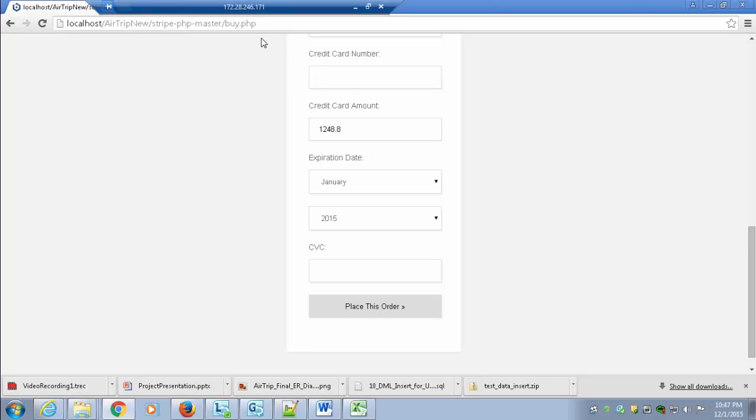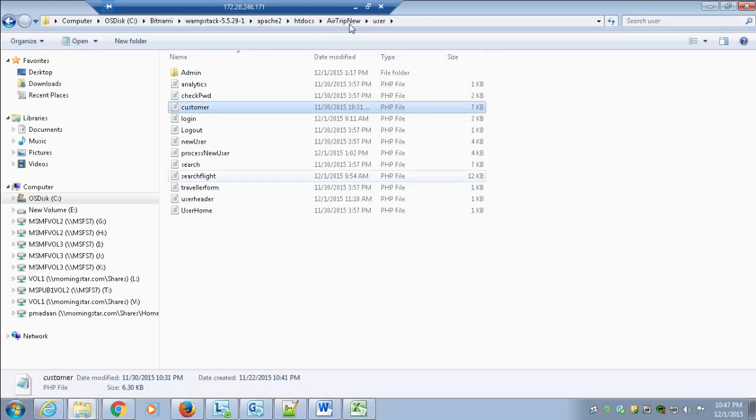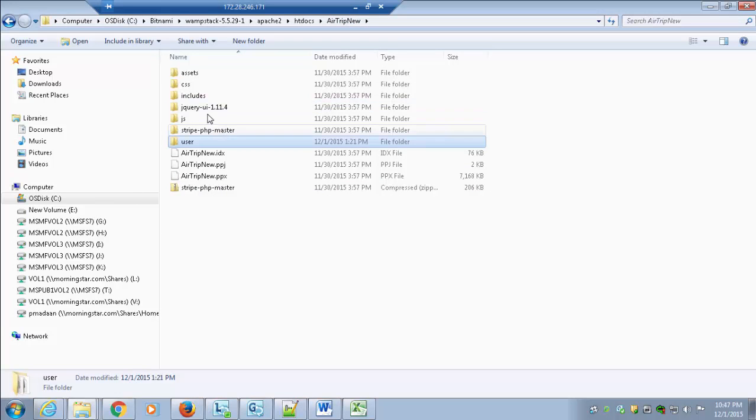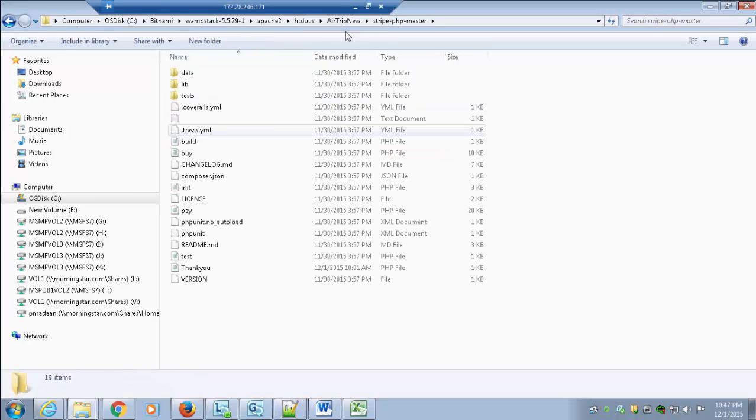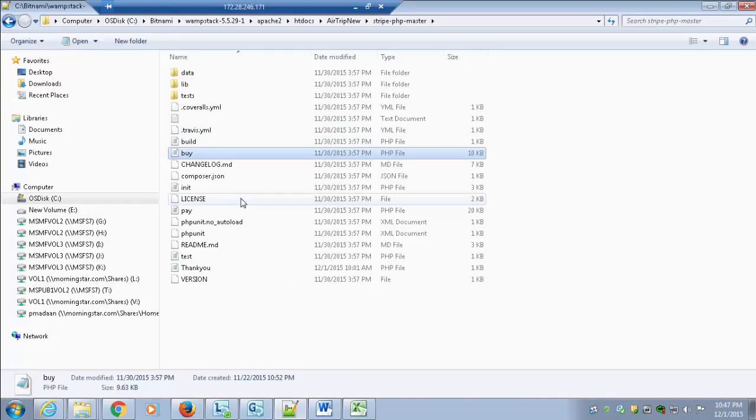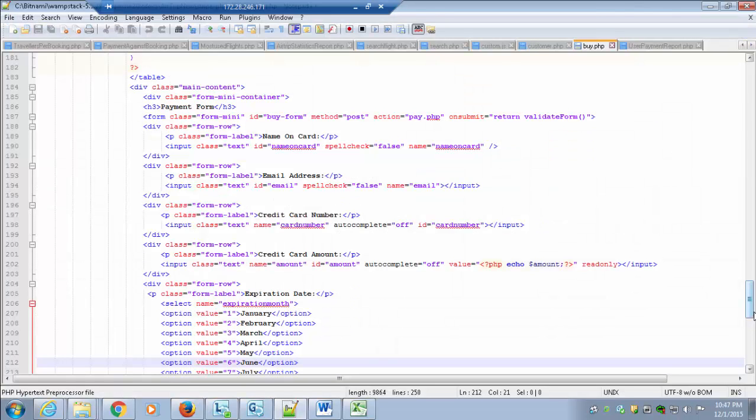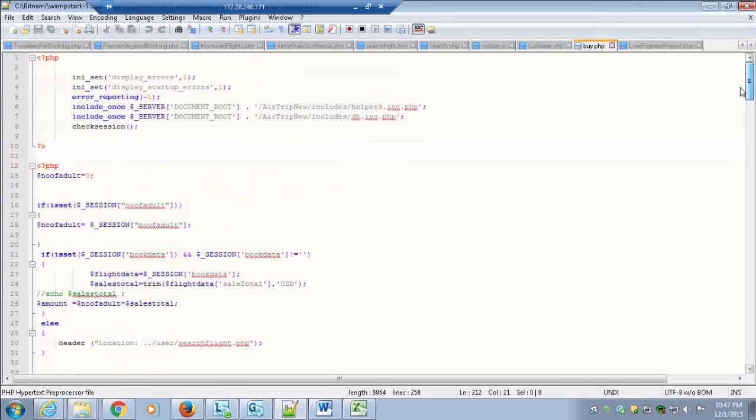I can show you buy.php. So the buy.php is inside the Stripe PHP master. So if you see, the number of adults has been stored in the session, and now we have used trim because there may be some characters which are not required, so we have trimmed those characters.